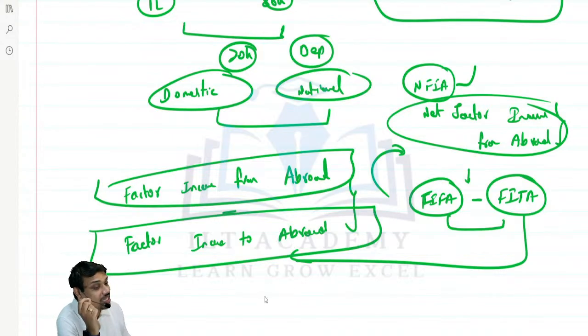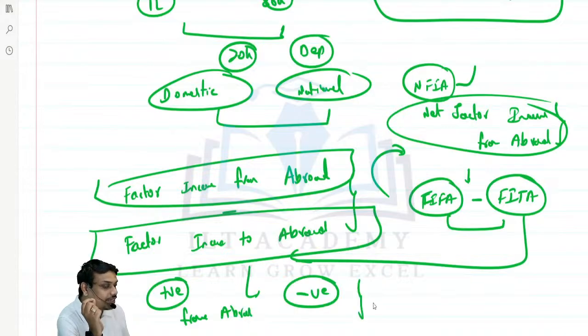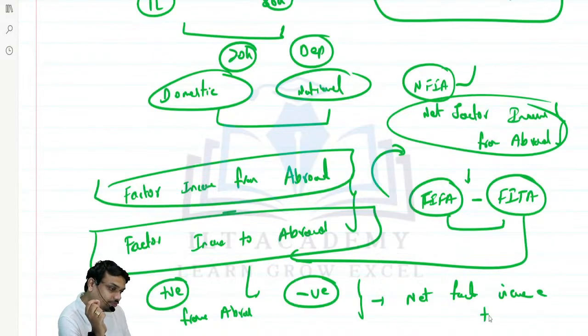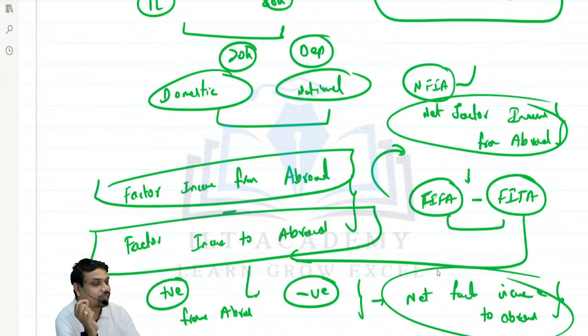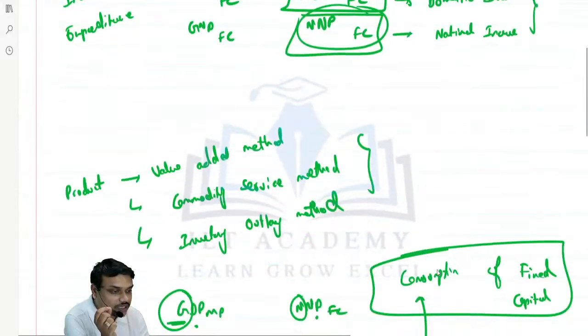अगर ये FIFA minus FITA नेगेटिव है समझो, जनरली पॉजिटिव ही रहता. पॉजिटिव हो गया तो क्या? Net factor income from abroad. वही अगर नेगेटिव है समझो, Net factor income to abroad. राइट? ये हो गया फीफा माइनस फीटा, ये हो गया ये. क्लियर? इससे आपको ये तो समझ में आ जाना चाहिए.